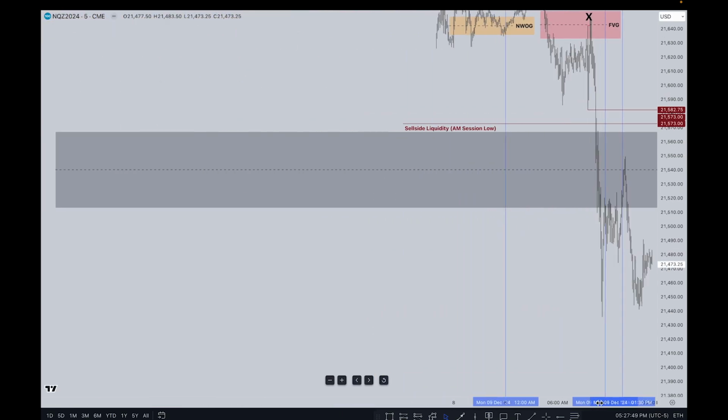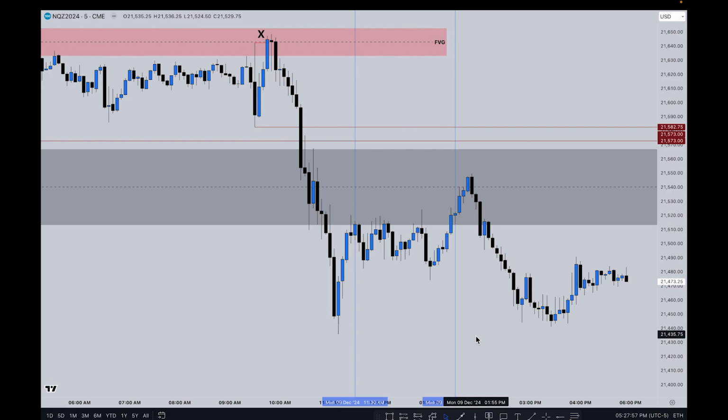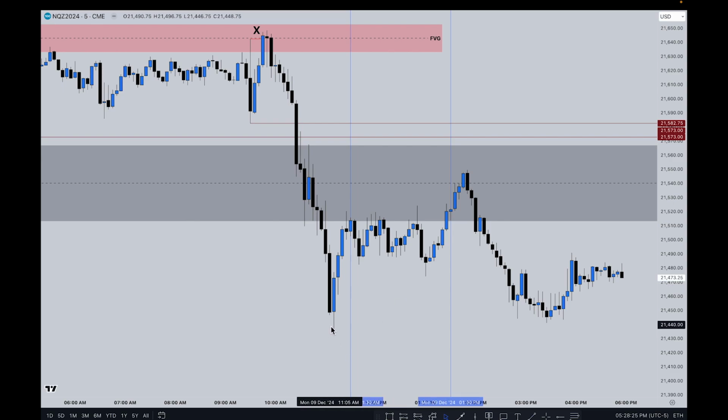What's the bias? Well, we still have these equal lows here, here, and here, right? So the market's going to want to draw into that for the PM session. So again, if we're bearish, my protocols are very simple. Same thing with the morning session. If I'm looking for lower prices, it needs to do one of two things. Trade higher into buy stops or trade higher into a premium inefficiency. What do we get here at 1:30? Trades higher into the buy stops formed during the lunch hour. So if you're trading the PM session, you always want to reference your liquidity that forms during the lunch hour. Takes the buy side that forms during lunch and then offsets, distributes it to sell side here,